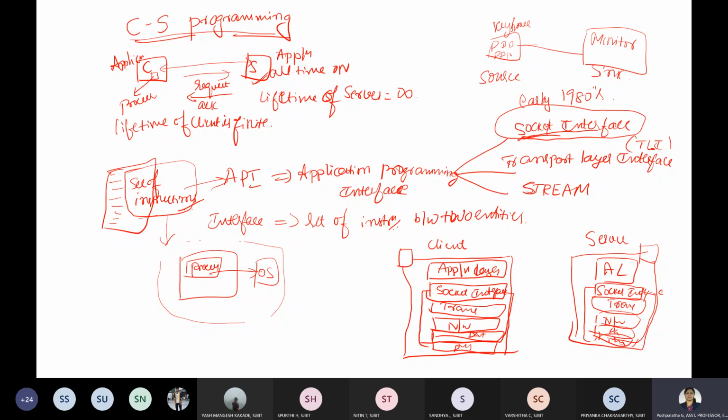So without changing any information, the way we send or receive the data in this particular server socket interface, it basically uses the existing instructions. So that's the idea.